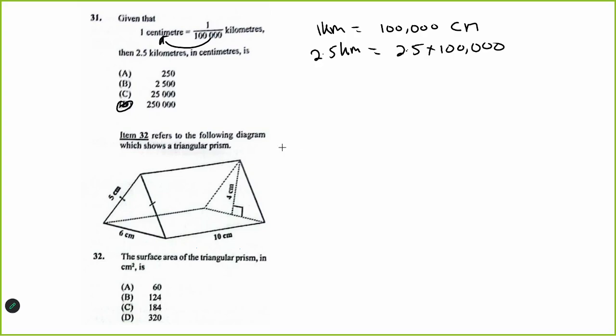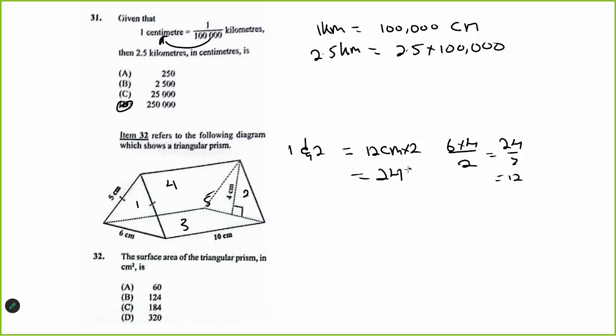Item 32 refers to the following diagram, which shows the triangular prism. The surface area of the triangular prism is, now that's how many shapes? So we have 1, 2, 3, 4 on the side, and then this one here is 5. So 1 and 2 are the same thing, right? It's triangles. So your base is 6, your height is 4. 6 4s are 24. 24 divided by 2 is 12. So it'll be 12 centimeters. Let me put that: 6 multiplied by 4 divided by 2. 6 4s are 24 divided by 2 is equal to 12. So that's for 1, but there's 2 of them, so you multiply by 2, so it's 24 centimeters